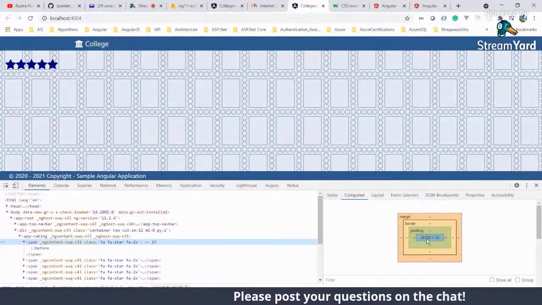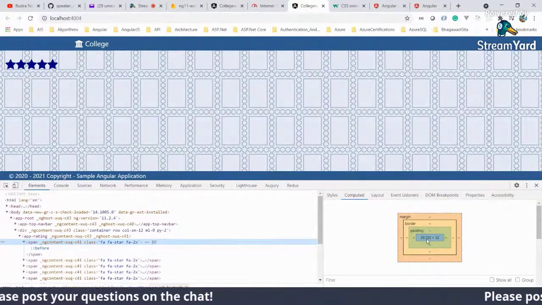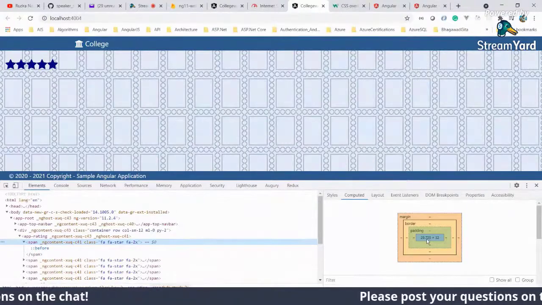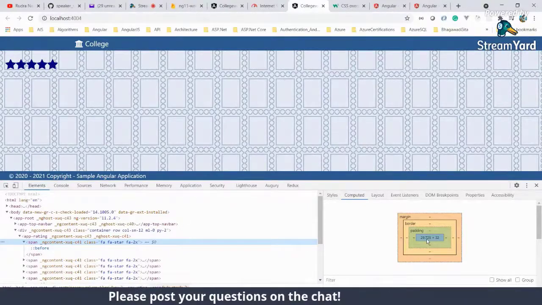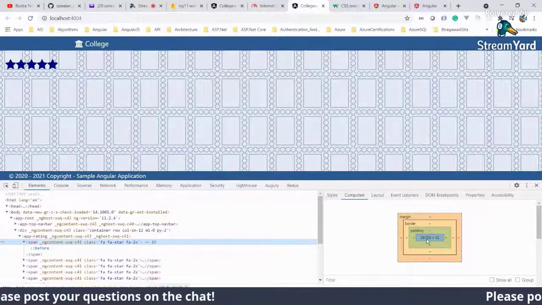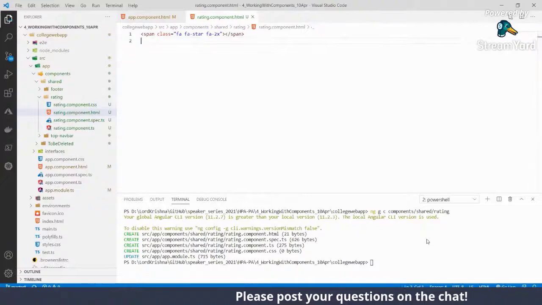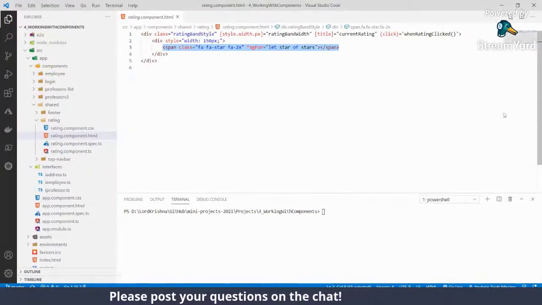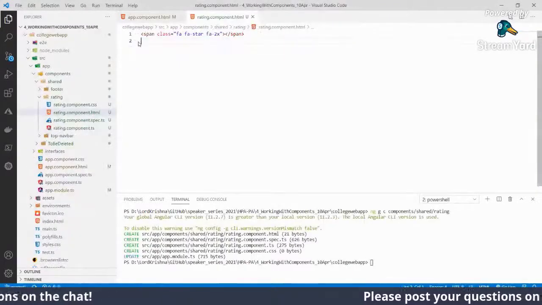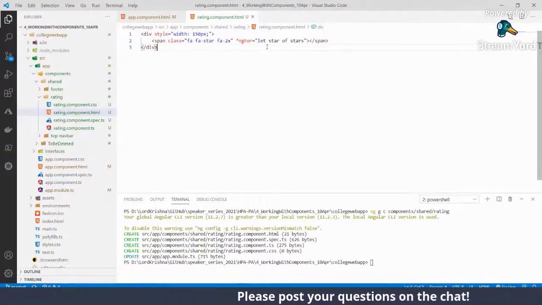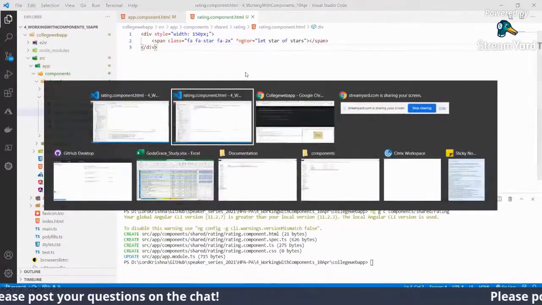display 5 stars. But sorry, we already know that if you want to display 5 stars, there is no point in going and copy pasting, because we used ngFor in the previous session. So it is better to use ngFor. So I will remove all these 5 stars, and come back to this one and use this. We need this array. We will create it in a moment, but just hang on for a second.